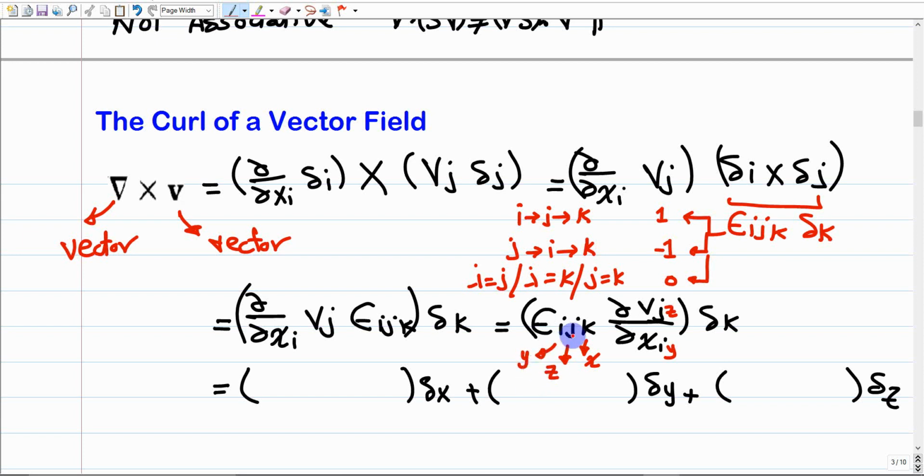So epsilon ijk will be -1. How about if we have any two indices like the i and the j, they are equal, this term will be 0. So if we consider these three different scenarios, for the case that k equals x,